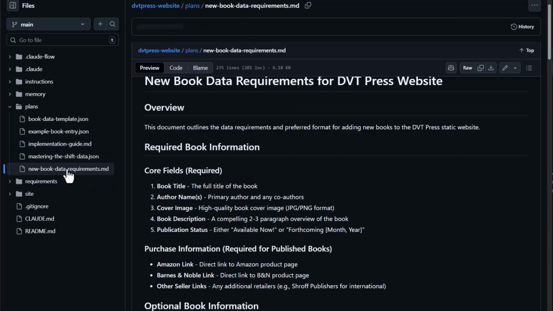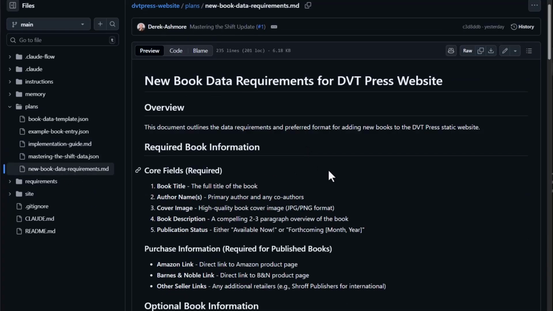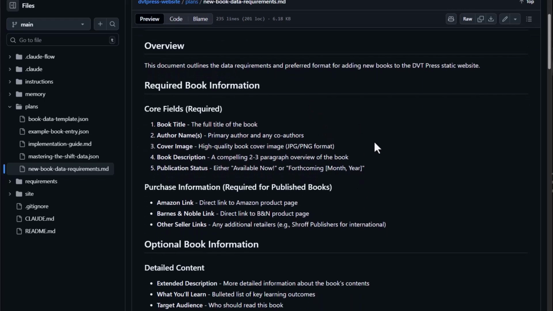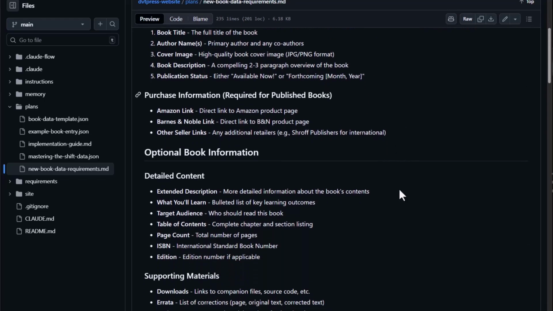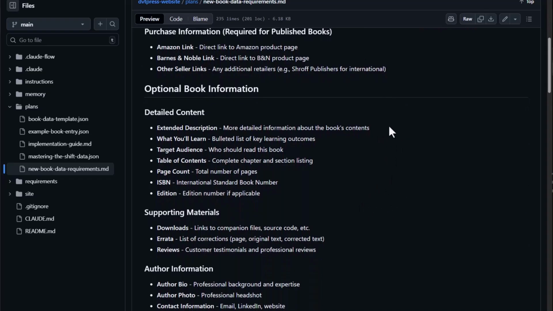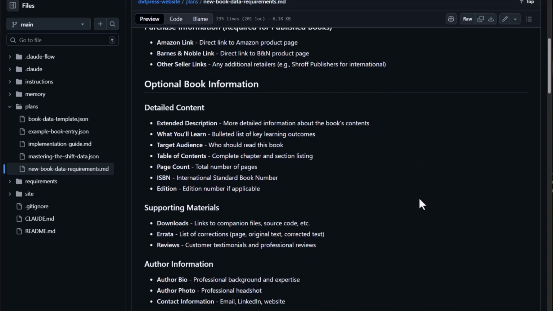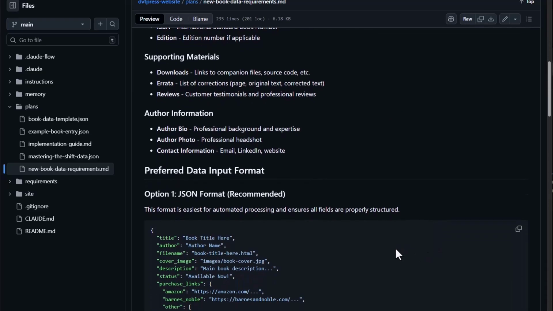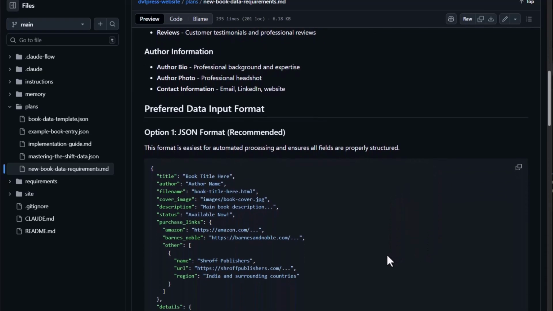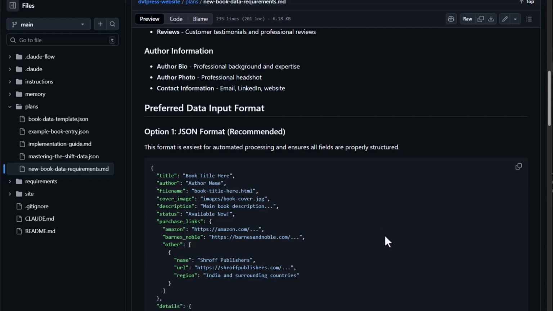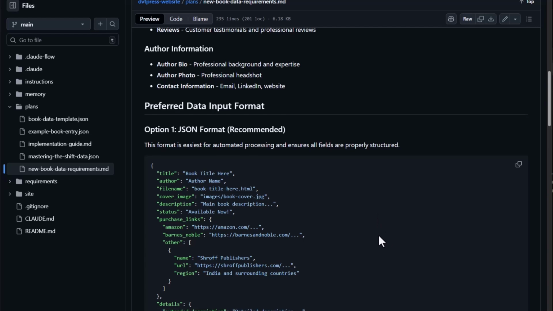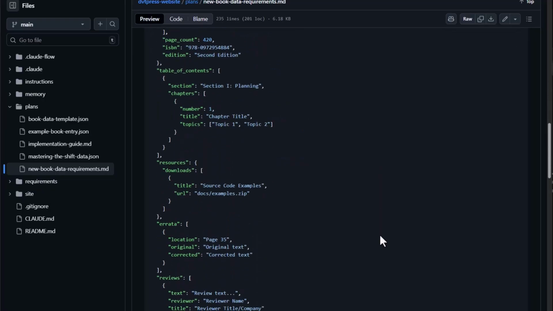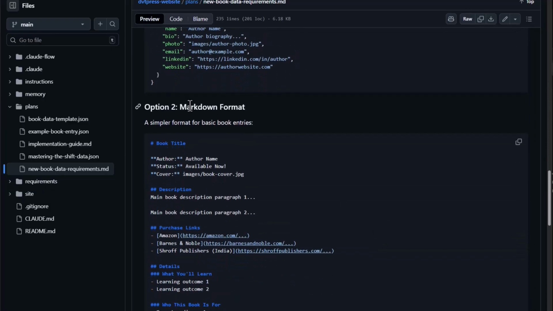looking at doing my part of the assignment, basically the book requirements is I need to gather fields about the new book. I need to gather some detailed contents. I need to gather any supporting materials it has, author bio, which it already has because I'm already out there. And it gives me an example JSON format, which I don't want to deal with. What I did do is used option 2 for Markdown to document